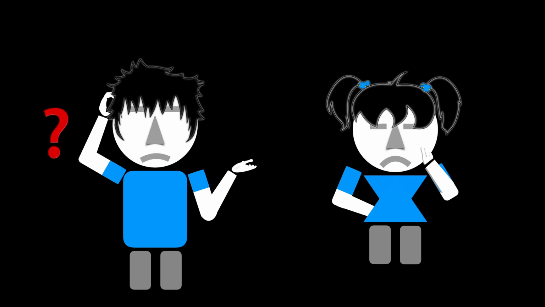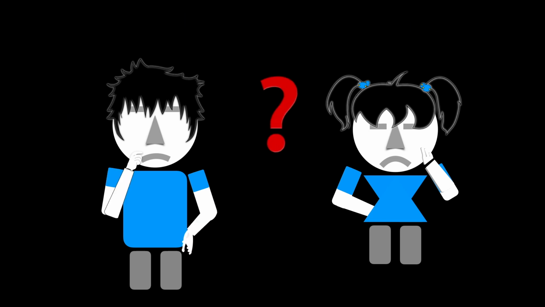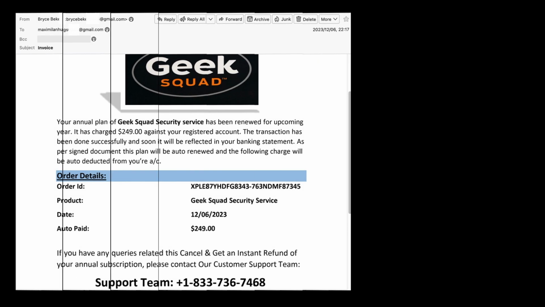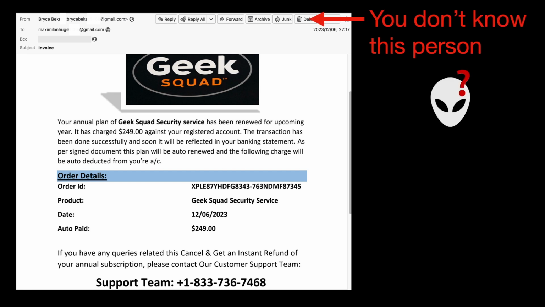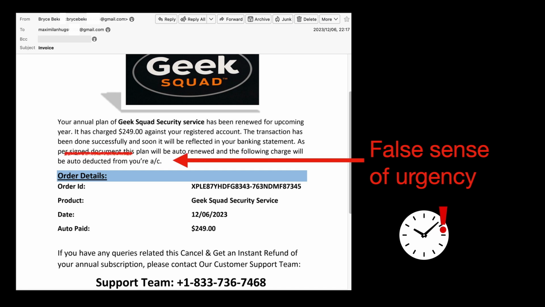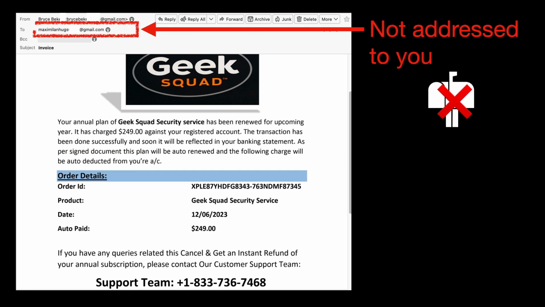Still not sure? Let's try a couple more. First clue, you don't know the sender. Second clue, urging you to act quickly. Third clue, it's not your email address. Okay, last one.